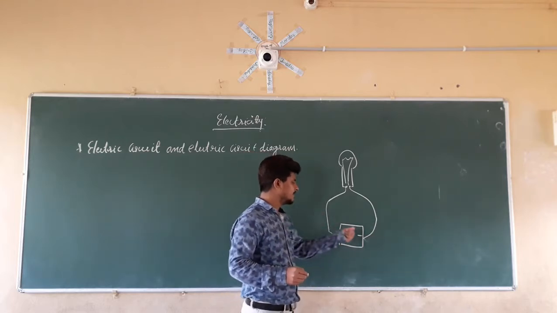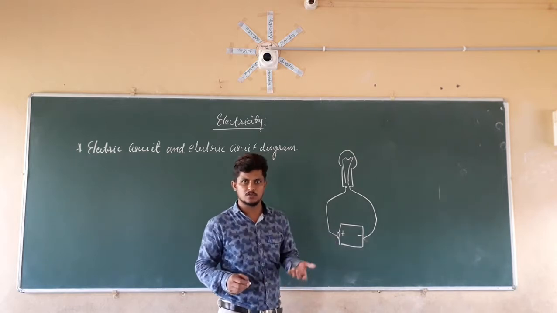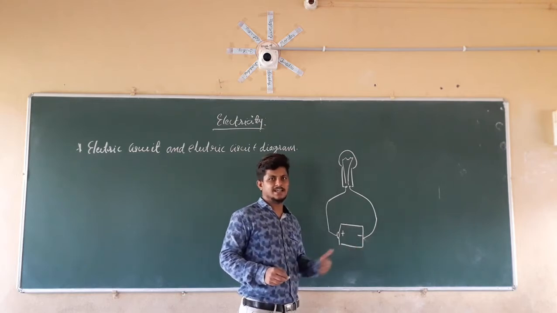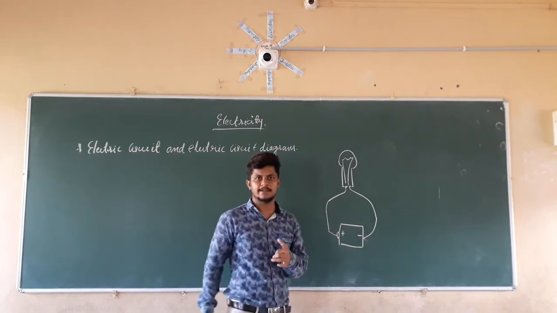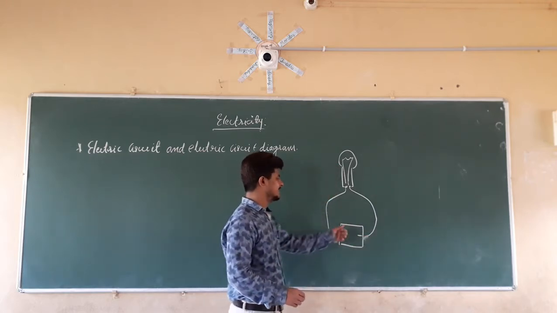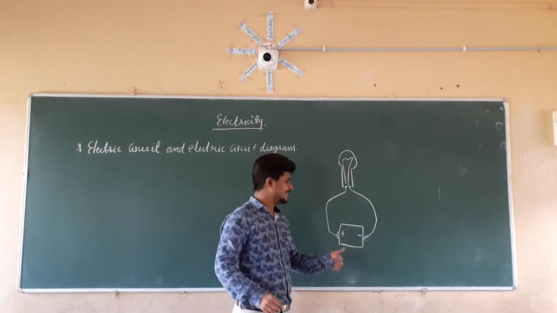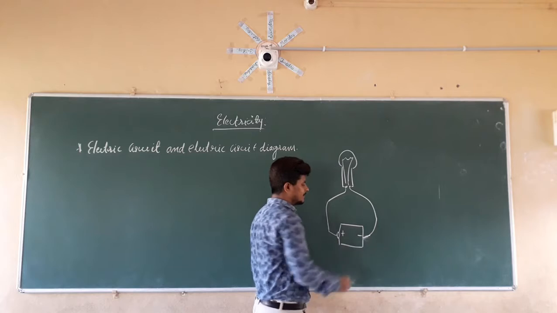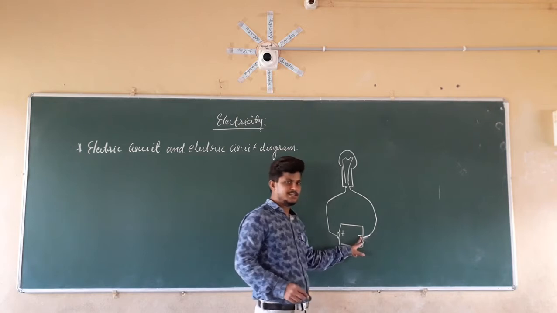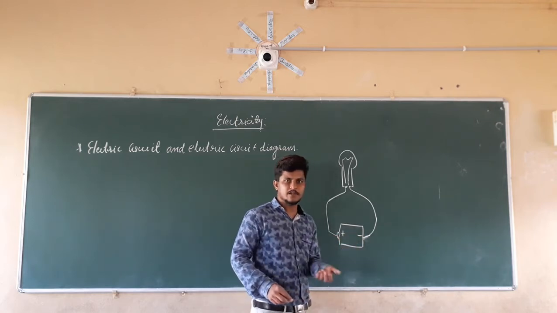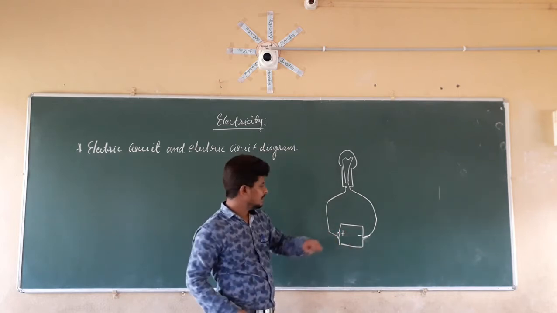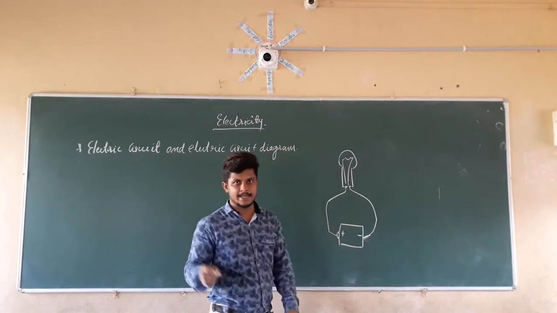Why is it so? When we connect that wire to the other terminal, why does the bulb start to glow? Since the electric charge present in that source, that is in the cell, is going to flow in the form of electric current. If it is not connected, the charge is not going to flow. When we connect it, because of the difference in potential, the charge starts to flow from the positive terminal to the negative terminal.